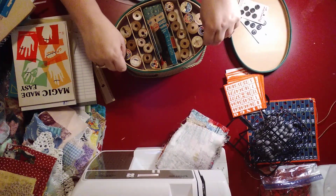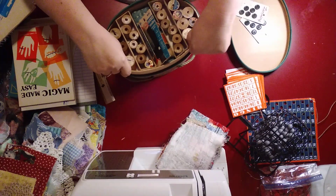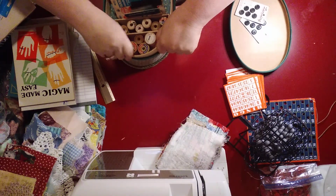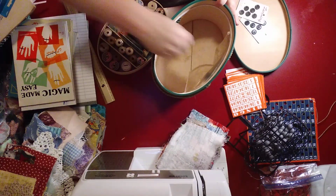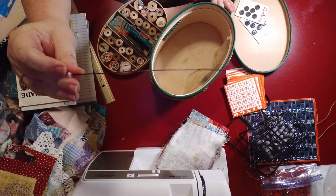And these are all the needles and stuff. I pulled them out of the bottom. They were all in the bottom. I took them out of the bottom. Now, I see why they don't make them this way anymore. But that's the inside. It came with this long, huge, I assume this is, I don't think it's a hat